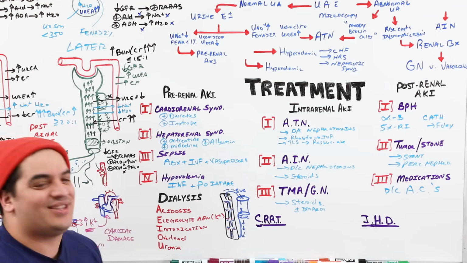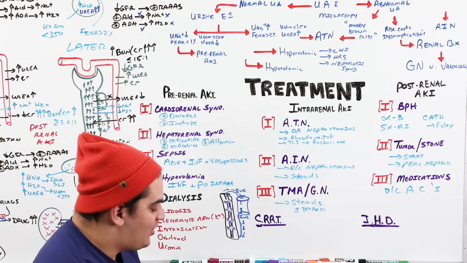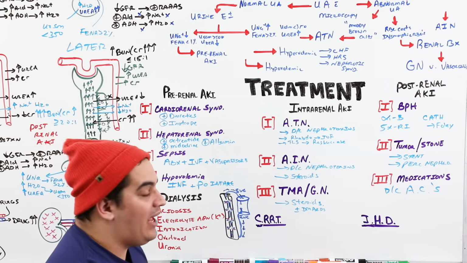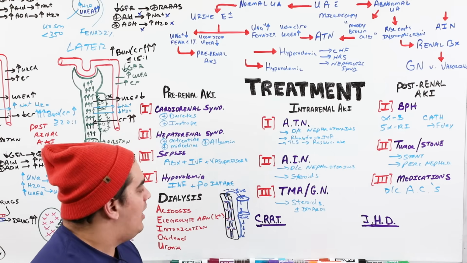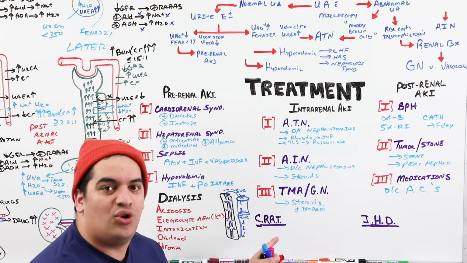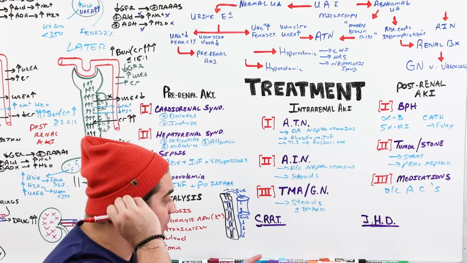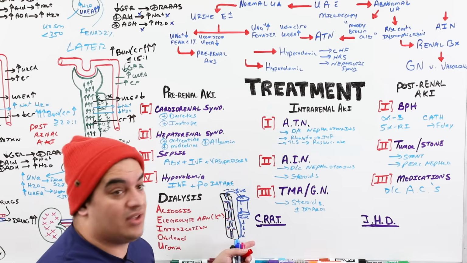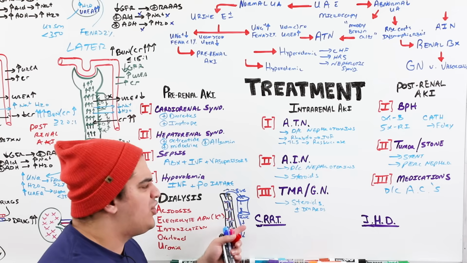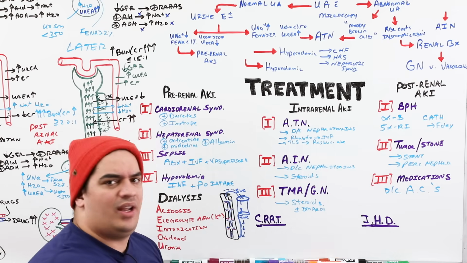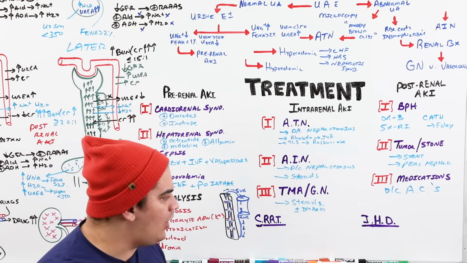What's this called? This is called dialysis. And so dialysis is one of the ways that we may have to treat a patient who develops this very severe acute kidney injury. And what are the ways that we can do this? There's two ways. Continuous renal replacement therapy, which is what it sounds like. You're continuously doing dialysis over a long period of time and very slowly. Intermittent hemodialysis, you're doing it every other couple of days, okay?